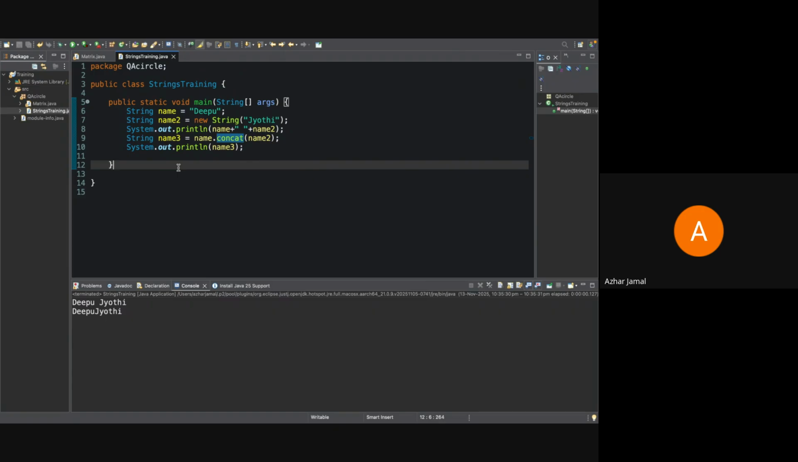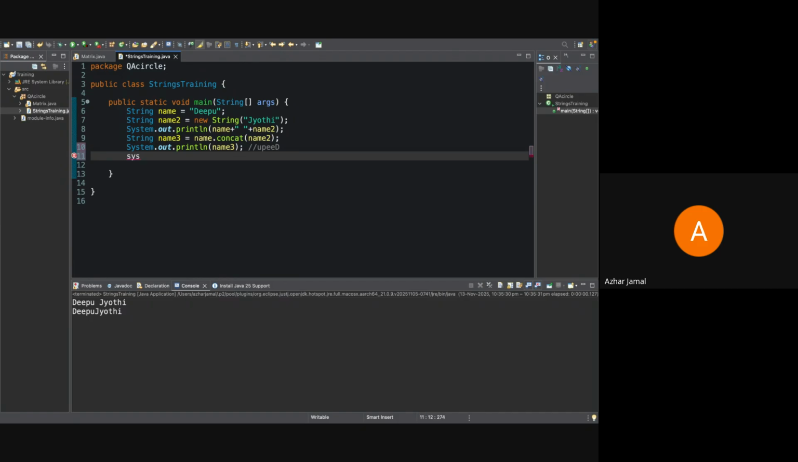Now, what if I want to reverse the name Deepu to something like this, UPEED? This is reverse. How do I reverse it? Using name dot reverse. Okay, there are many ways. First, we'll see the inbuilt one, then we'll see using loops. So if I put sysout,